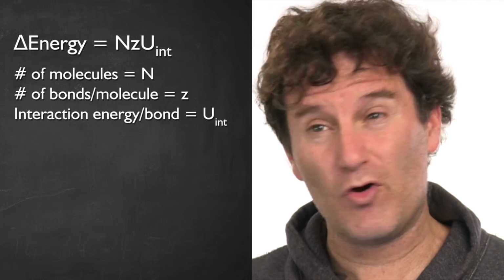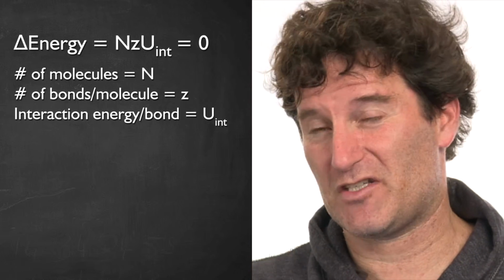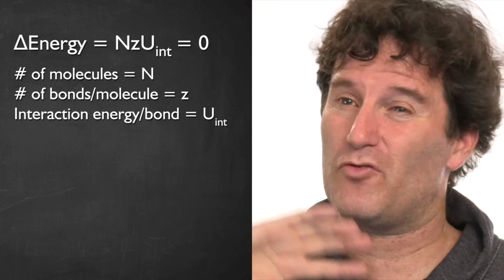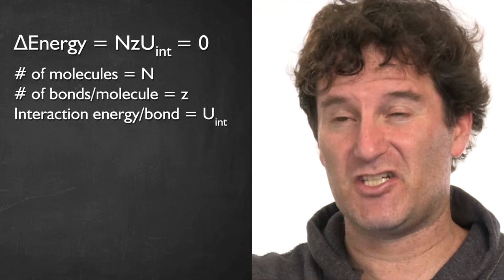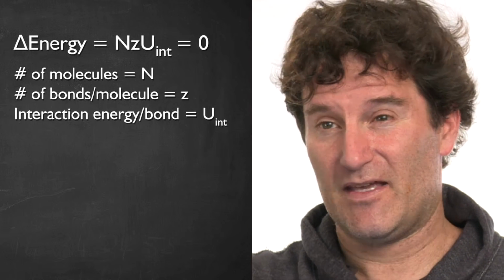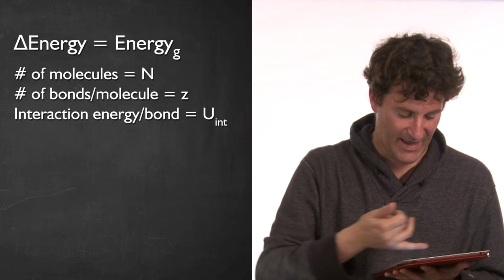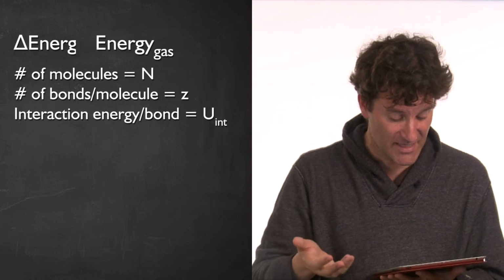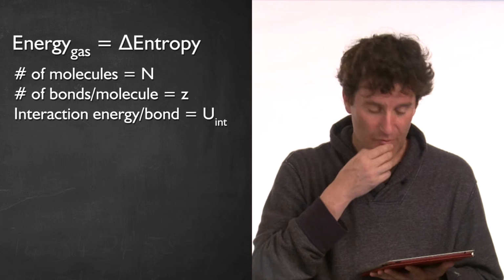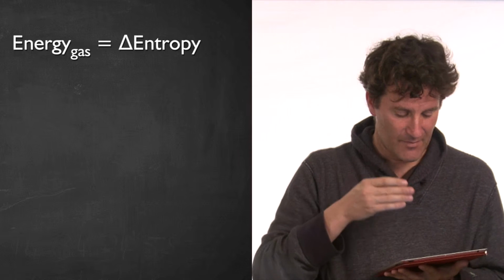So now, of course, the total energy in a gas, we're going to say, is essentially zero, because the molecules are whizzing around and they don't really touch each other at all. So the change in energy is actually just given by the energy from the liquid. And now I have to set that equal to the change in entropy. So for that, what I have to do is I have to take